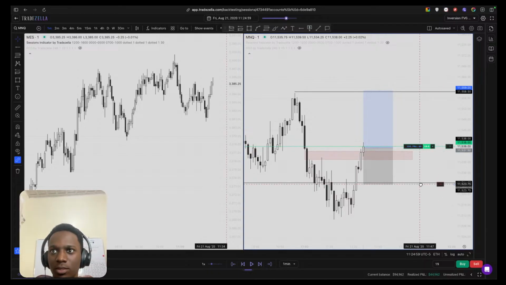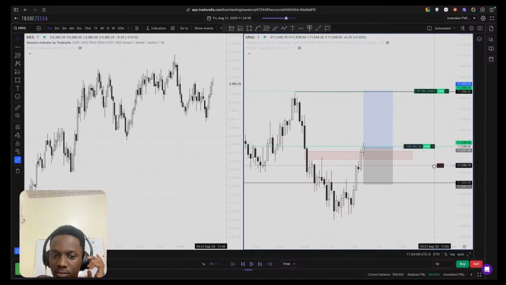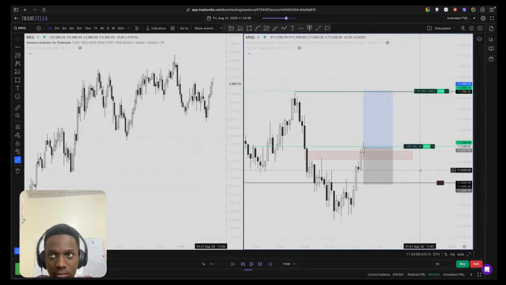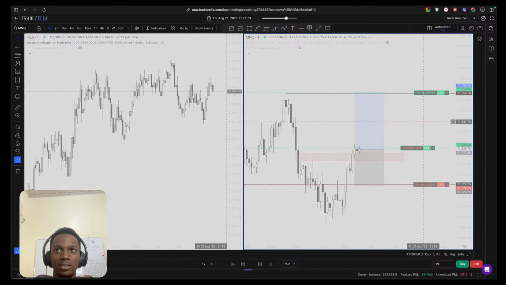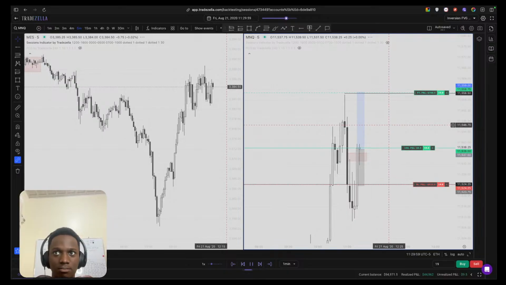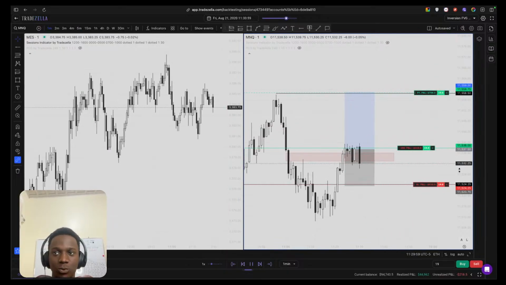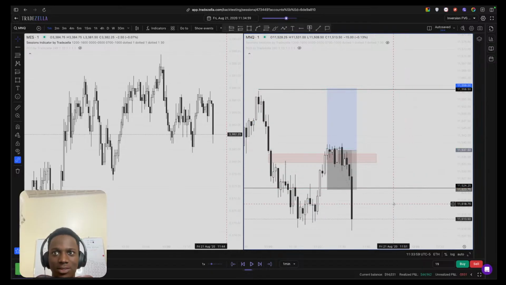My stop will be at this low here, then take profit at this high. Let's see if it goes all the way there. Well, price is being slow because there's a 5-minute, but if it can embrace it, then we will be good. Ooh, that's a bad candle. Yeah, we are cooked. We are so cooked.